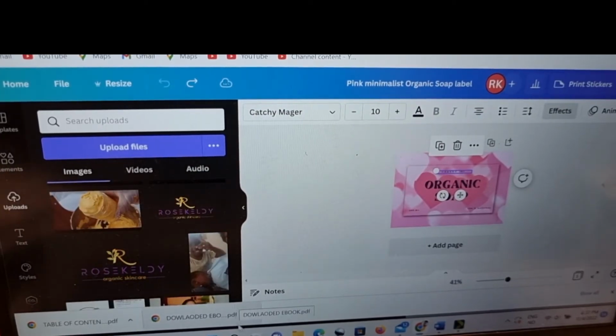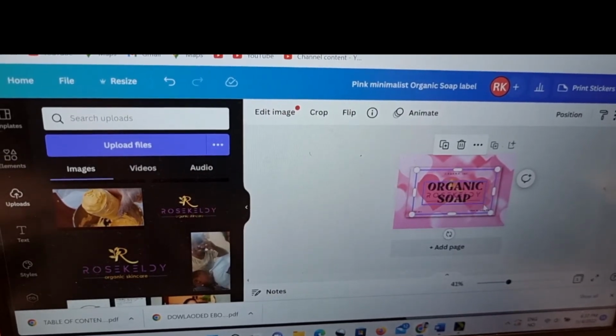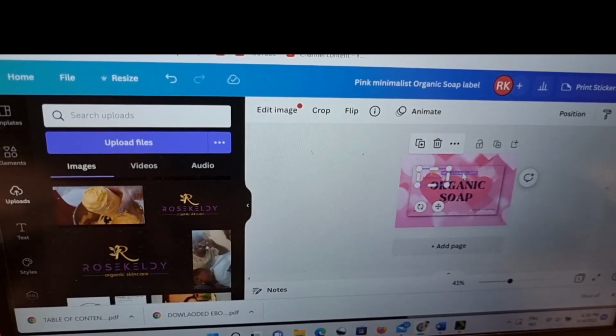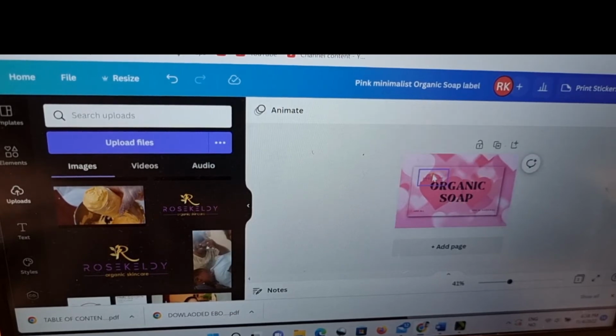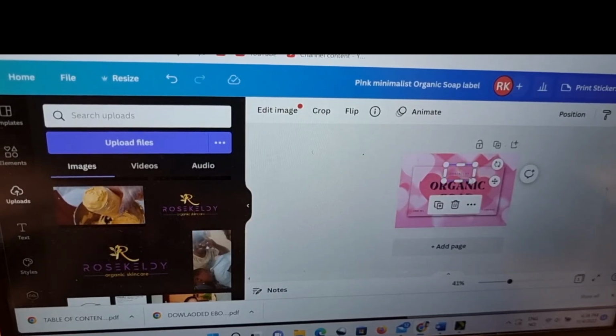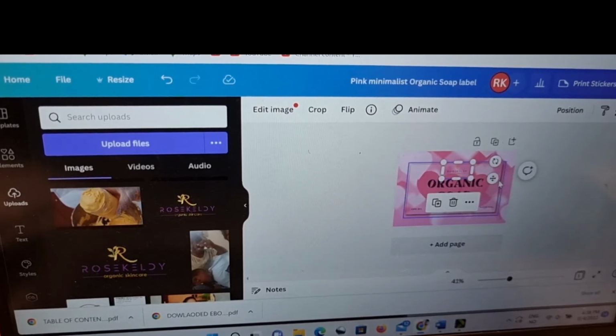So these are my logos. So I'm going to just take these, and then you just have to resize this. That is the logo. I'm just going to resize it, and I'm going to just take these out. Then I'm going to now click on my logo and I'm going to place it, you see. So that's it. I'm going to place it there, but because of the color that we have here, it's making my work a bit